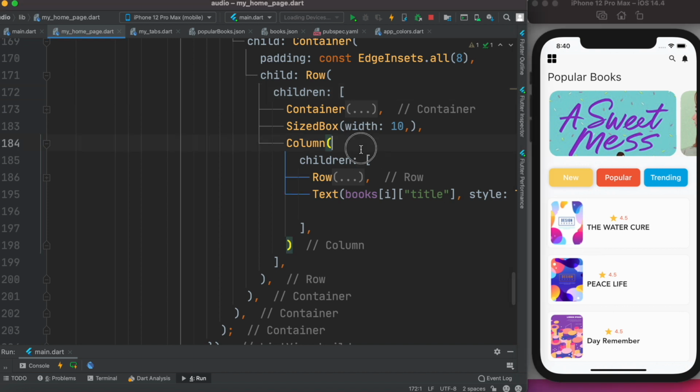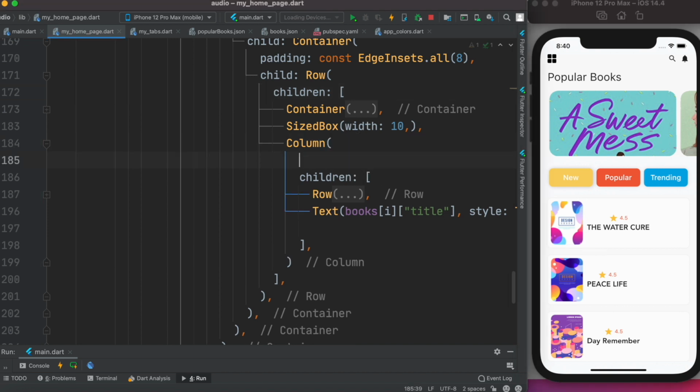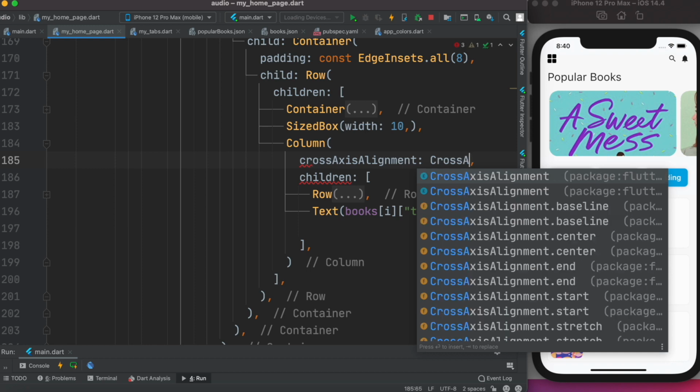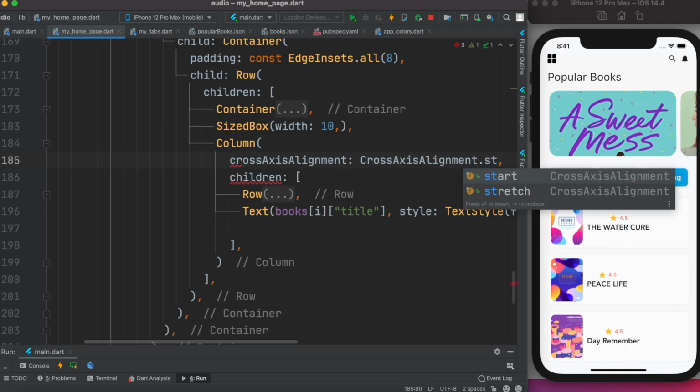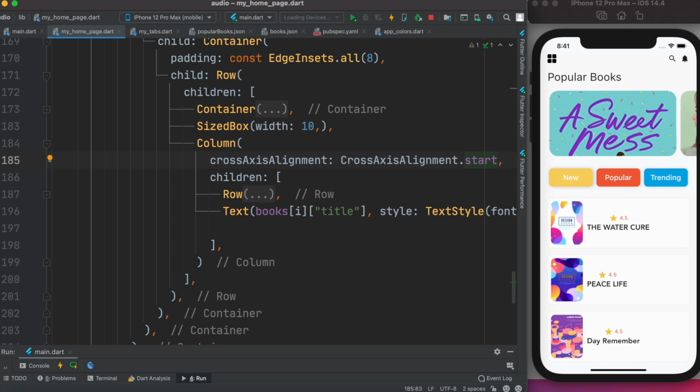That's what we want to do. To do that, just before children, we can call crossAxisAlignment, CrossAxisAlignment.start, save it,